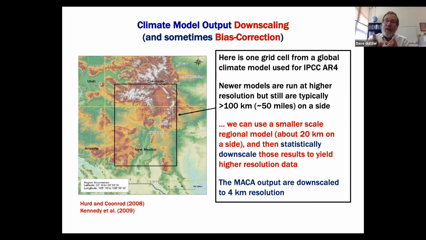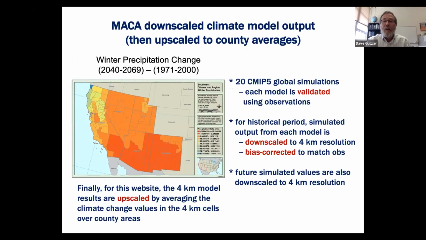And so the data that you will be looking at coming out of climate models has been statistically downscaled like this to a resolution of 4 kilometers. And it's important to keep in mind that that downscaling is statistical. It's not based on real physics, but it's designed using a kind of a complicated statistical formula to be realistic. Okay, so there is an example from the website that you're looking at, and it's showing climate model output at county scale.